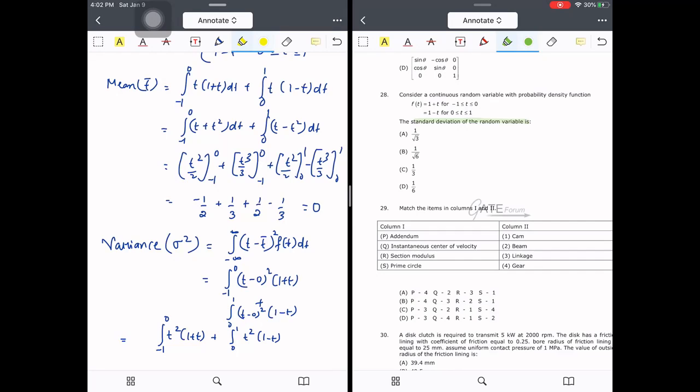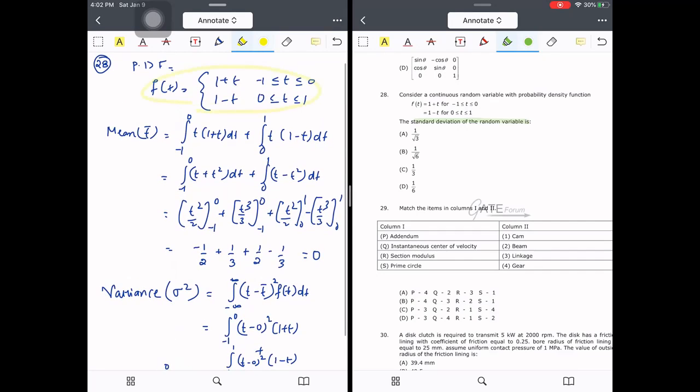Okay. So for the standard deviation of the random variable, what we need to find first is the mean. Okay, this is the function. Basically this is a continuous function, and using the continuous function formulas you need to find the mean and the variance. So first we calculate the mean, and variance is the deviation from the mean. So first the mean is the integration of f of t over the limits. So I will multiply